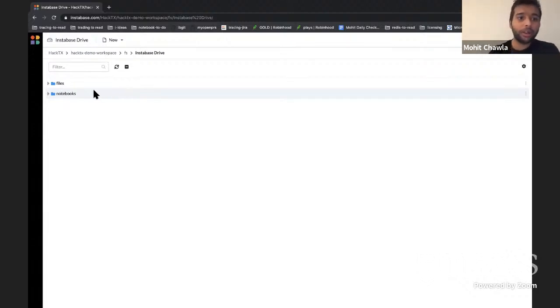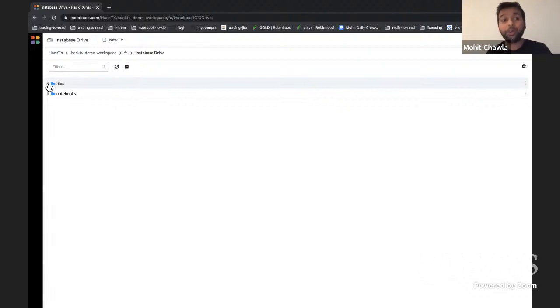So this is an Instabase drive. With every workspace, Instabase provides a default small drive to start your experimentation. You can also mount your own drives and storage like Google Drive or something. So since we'll be creating an extraction project,